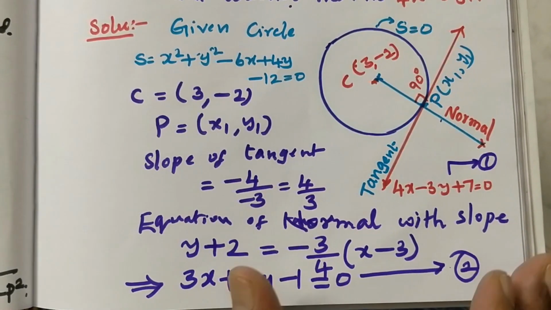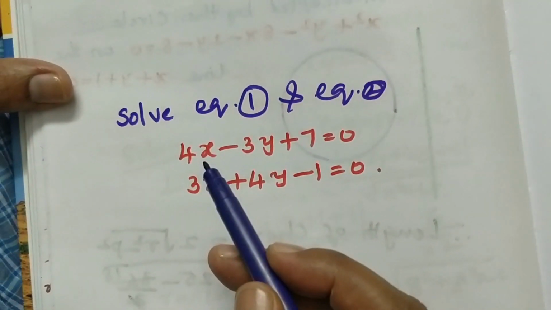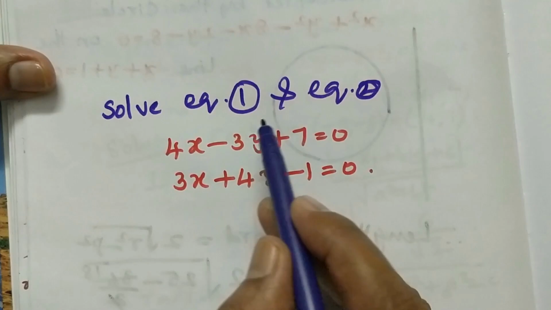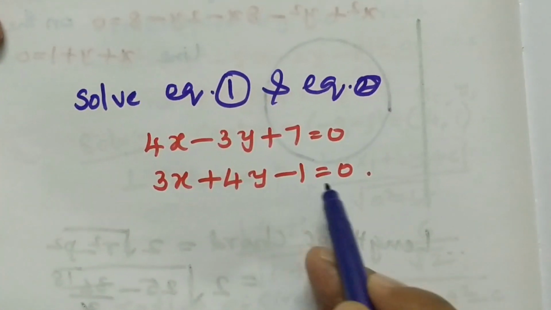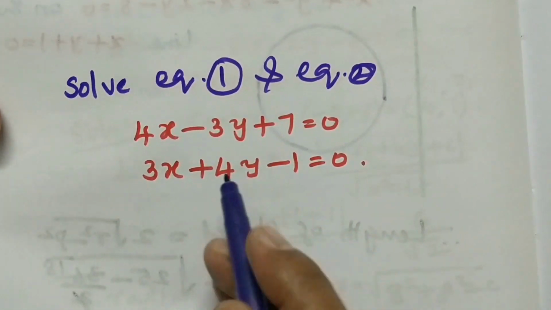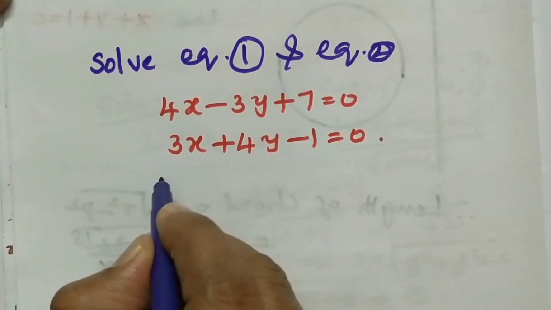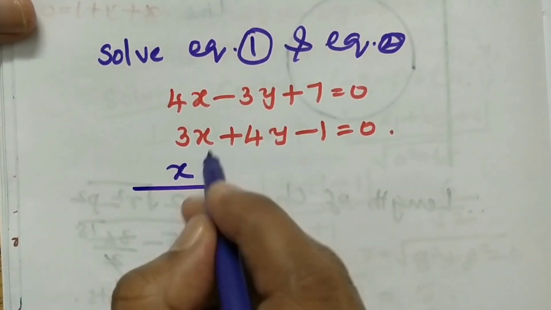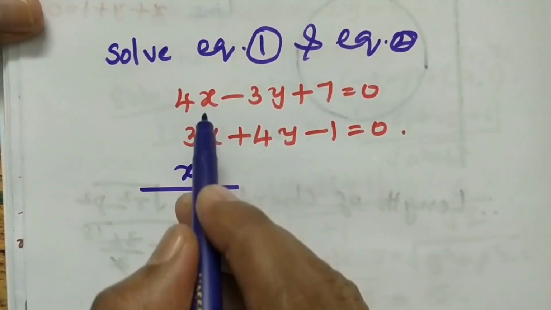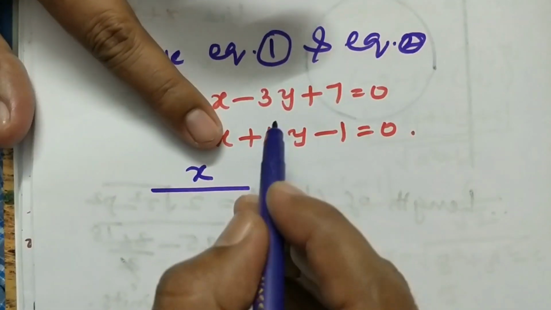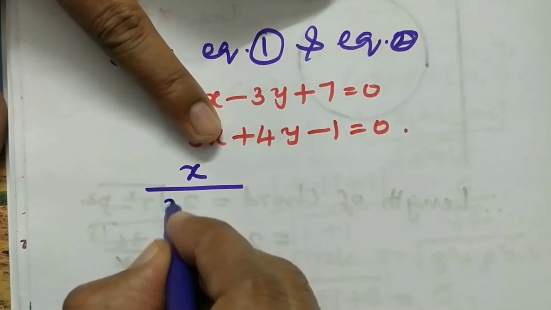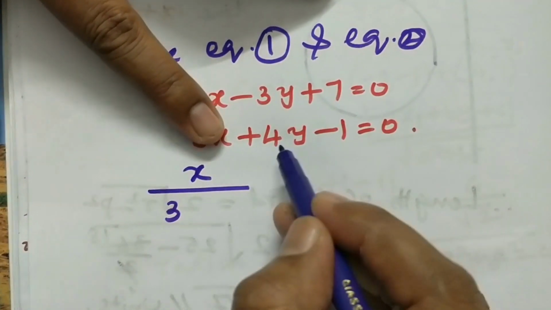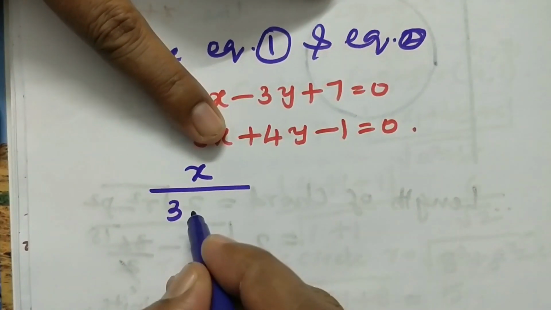Solve equation 1 and equation 2, that is, the equation of tangent and the equation of normal, and you get the x, y values. You can use any method. I am using one method: if I want x, then cover the x column. Minus 3 into minus 1 is 3, 1 3 is 3, 4 7 is 28, like AD minus BC, so minus 28 is equal to